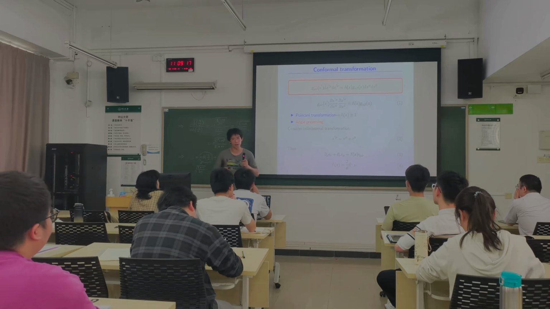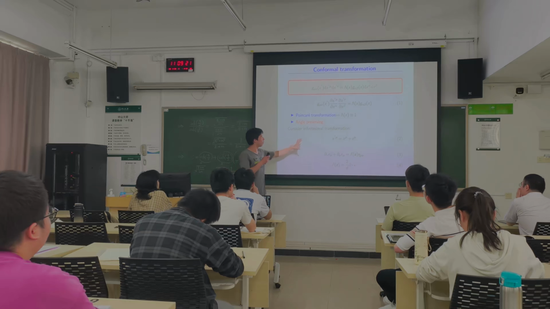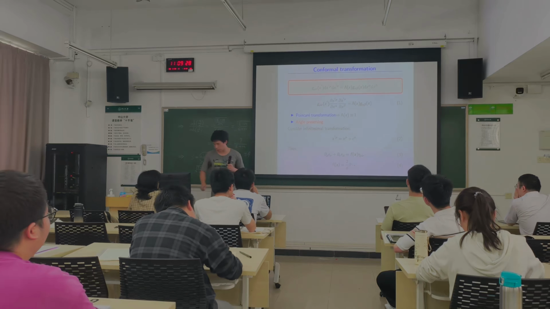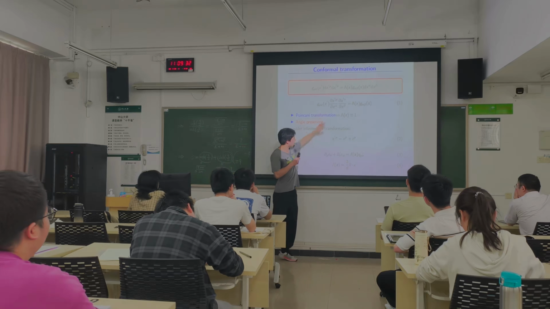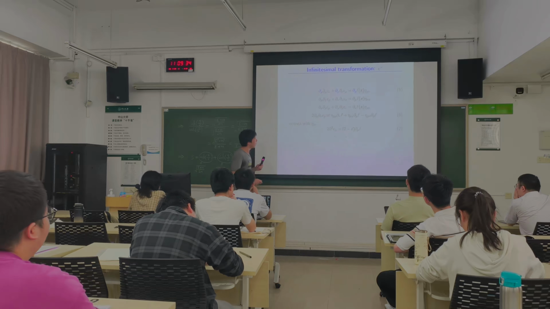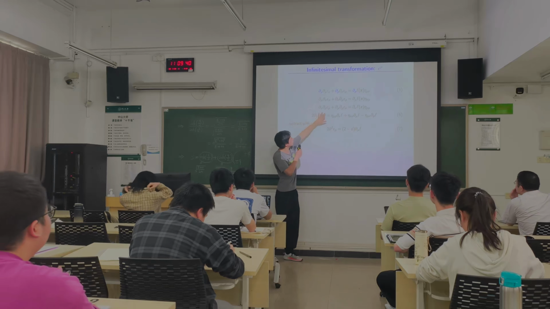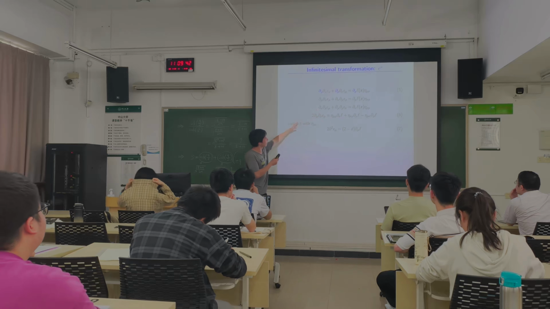And we want to find the generators of this conformal transformation. Recall that to do so, we have to consider an infinitesimal transformation, like what we did in quantum field theory. So consider such an infinitesimal transformation and plug it back into this equation, and we get this one. Then taking the derivative with respect to the coordinates, we get this first term, and changing the order of the derivatives, we naturally get this one here.